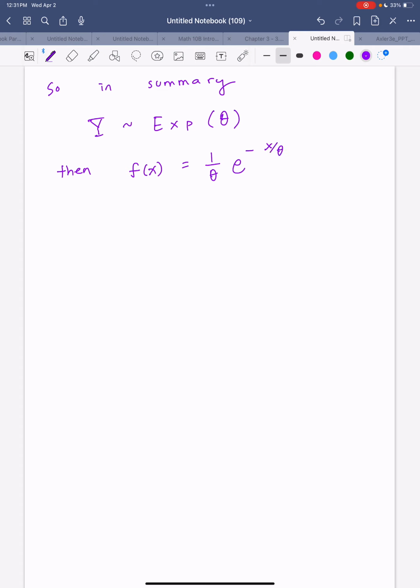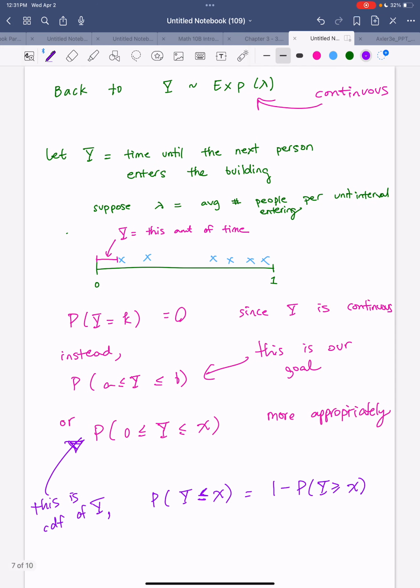And why do we switch from the theta to the lambda? Well, lambda is the average visitors per unit interval. So theta is going to be the average rate, which is 1 over lambda. So all we did was switch between the average visitors and the average rate. So I guess technically here,